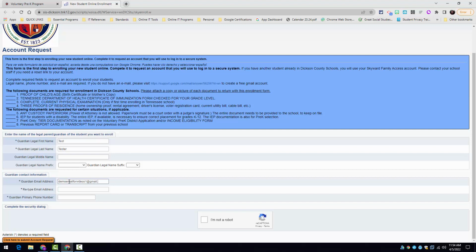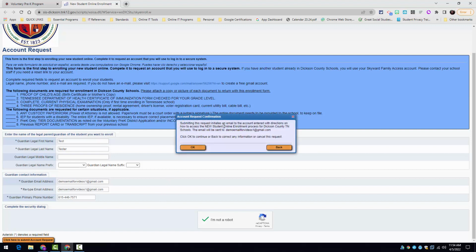I'm just going to put in my email address. Then they just want a contact phone number, so I'm just going to put in the Board of Education. And I am not a robot. Then I'm going to click here to submit account request. If you notice, submitting this request says that I don't have an account yet and I want to set one up. What it's telling me to do is to go into my email, the email I just put in, and verify that email address. So that's what I'm going to do. If I click OK,